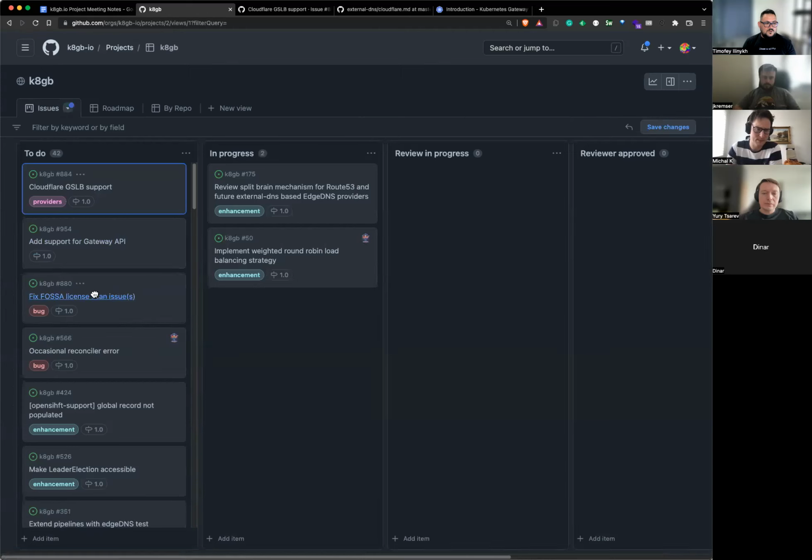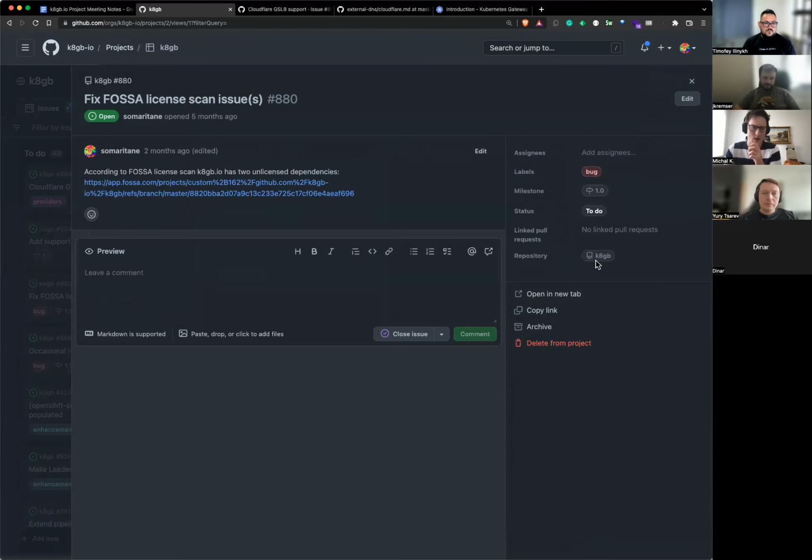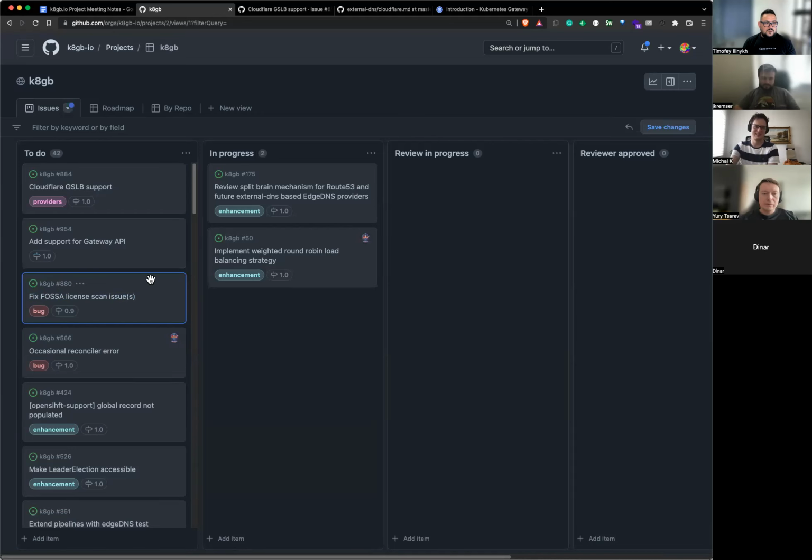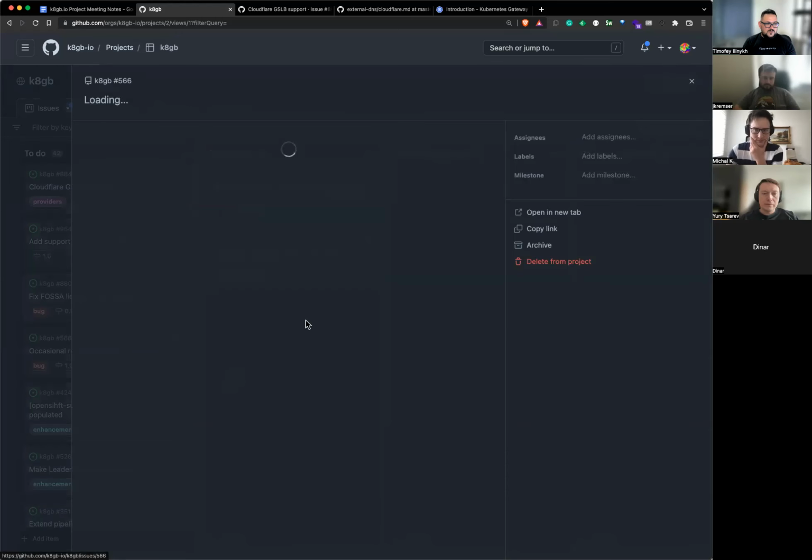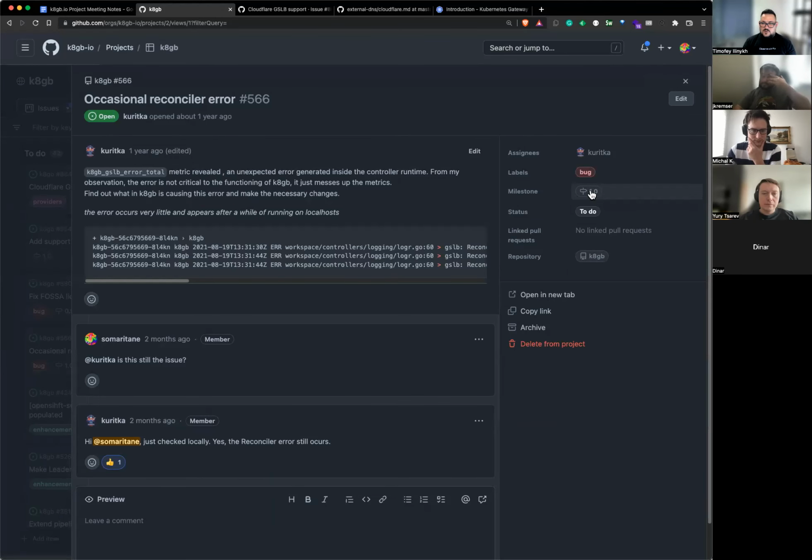Sorry, you're talking about the controller reconciliation issue. Yeah, true. So move it to 0.9. Then the occasional reconciler error, I think the same thing. This comes from the controller. Can you scroll to the right?